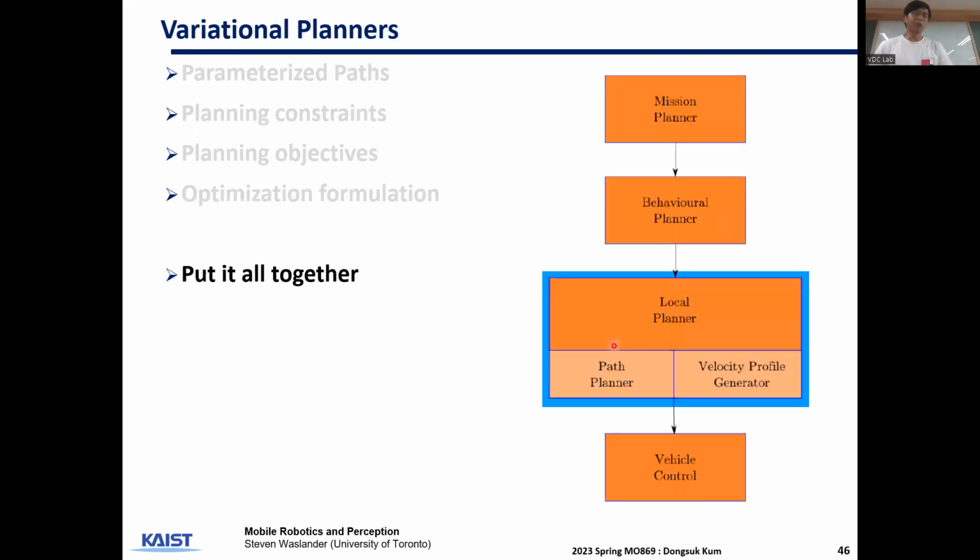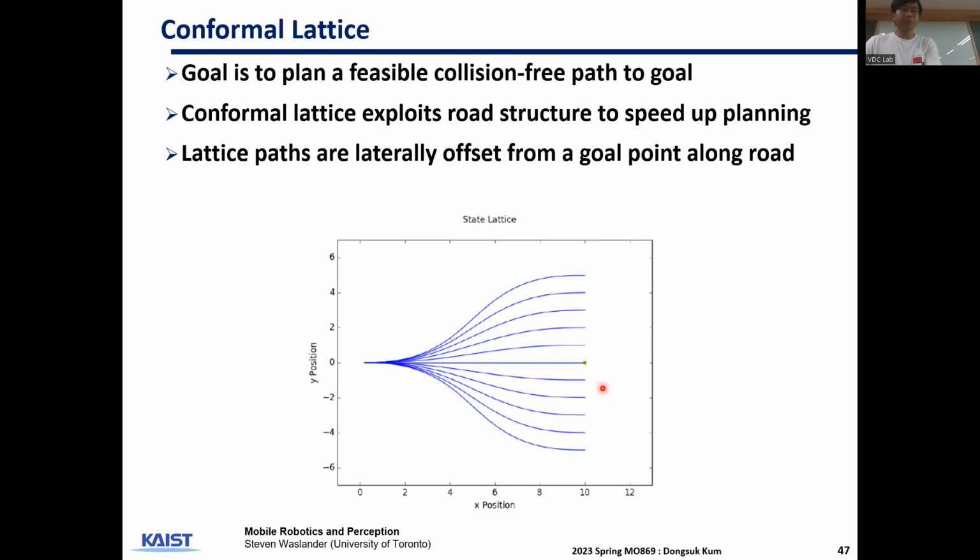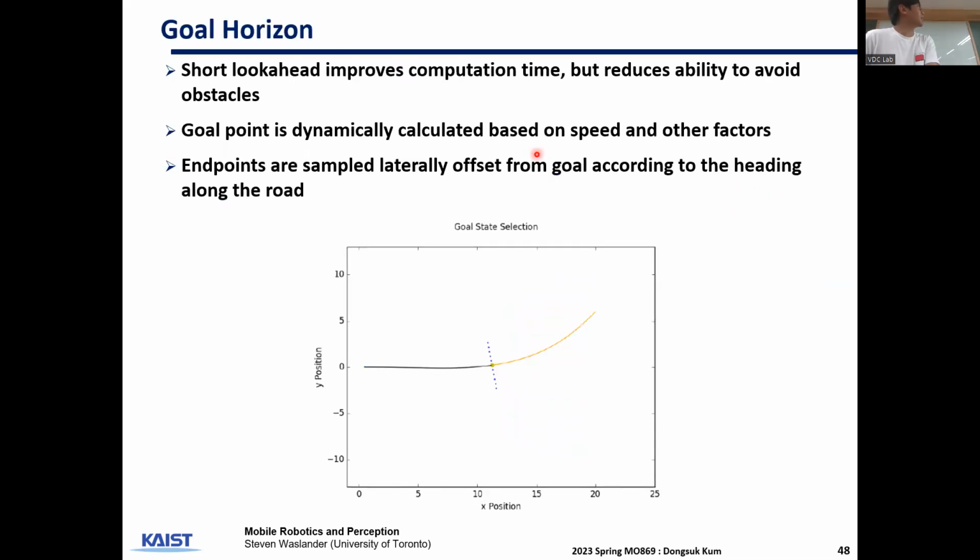So how do you put it all together from all the different things that you learned? For the conformal lattice, again, the goal is to plan a feasible collision-free path towards the goal. The conformal lattice exploits the road structure to speed up the planning, and the lattice paths are lateral offsets from a goal point along the road. To expand on that, you will first have the goal horizon,